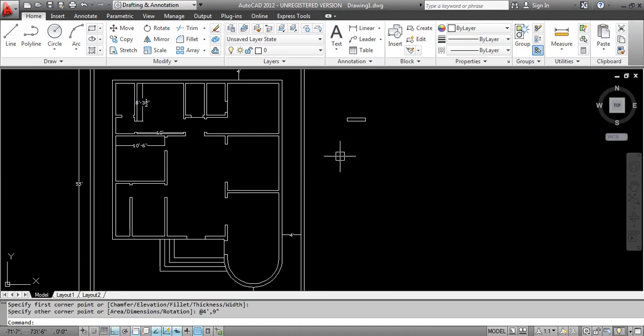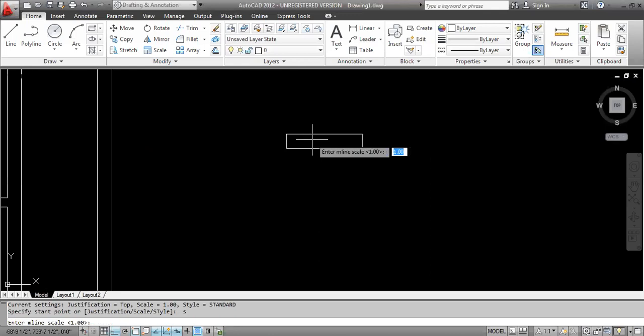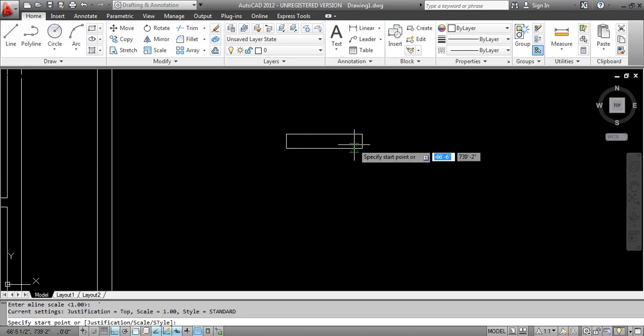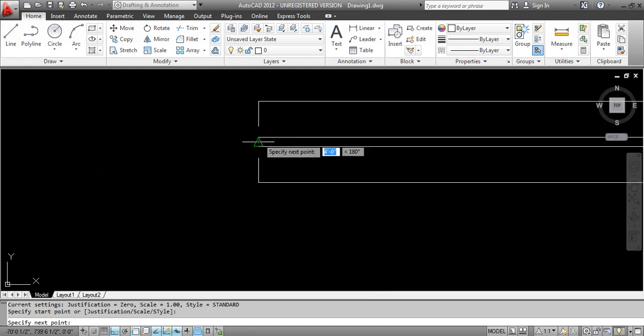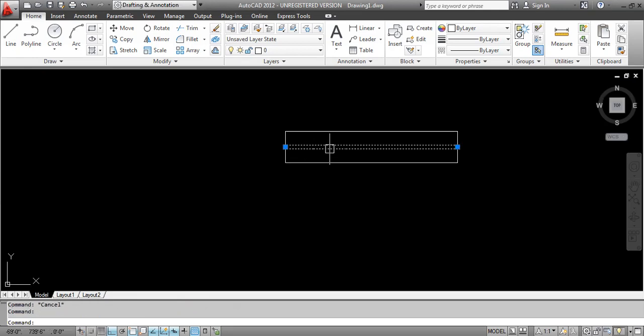Again you have to use the multiline command over here, and you have to check the size again, how much. See here, 1 inch is there. You have to take 5 inches. Enter. You have to check whether the lines will come in center or not. Just check the justification. J, enter. See, when I'm taking 5 inches, it's showing like this. Okay, we did not want.